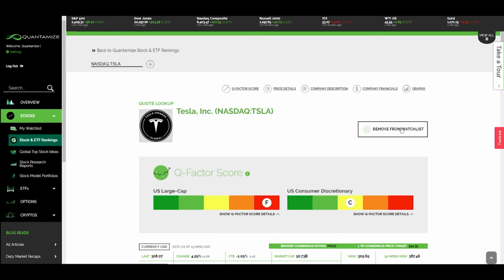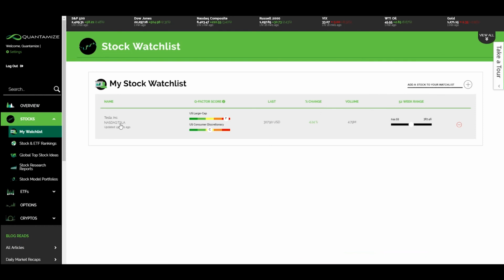Click back under the Stock drop-down menu and click My Watch List to see all the stocks that you have added to your watch list in the past. Once added, you will be notified anytime Quantamize.com posts a Quantshot or any other piece of relevant information pertaining to